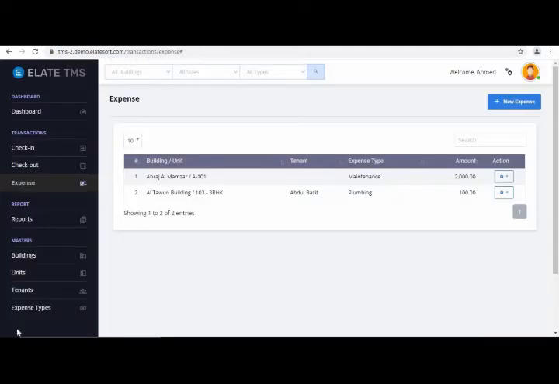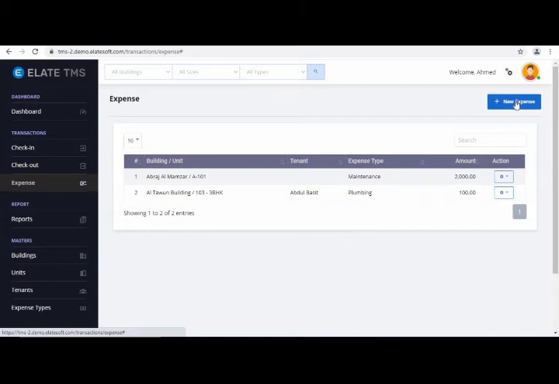This allows you to track the different expenses incurred on the different units during the course of the rental agreement period of the tenants. So you just click on the expense tab, and here you can add new expense incurred.